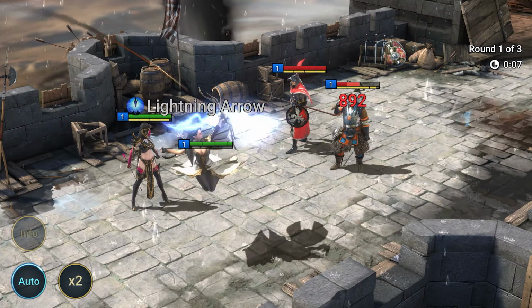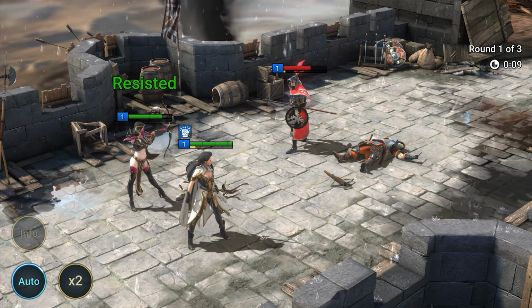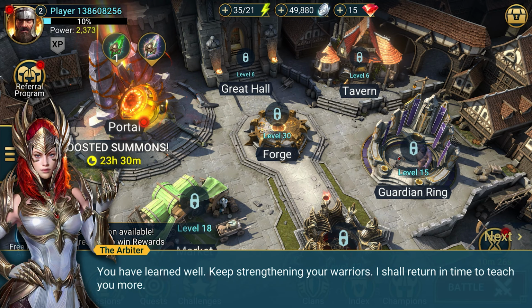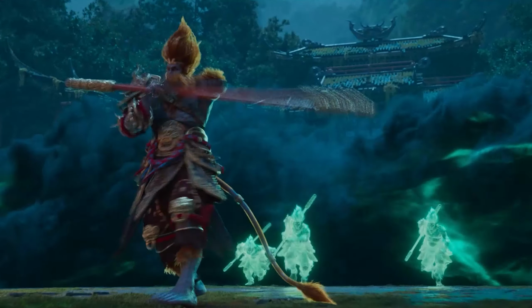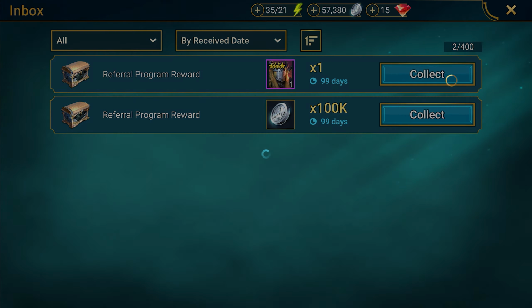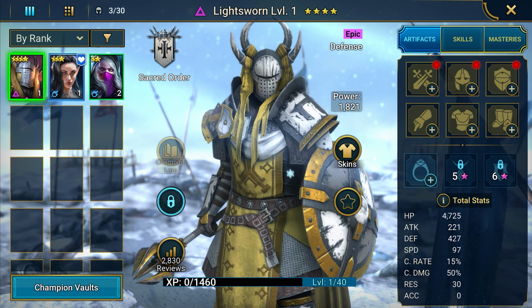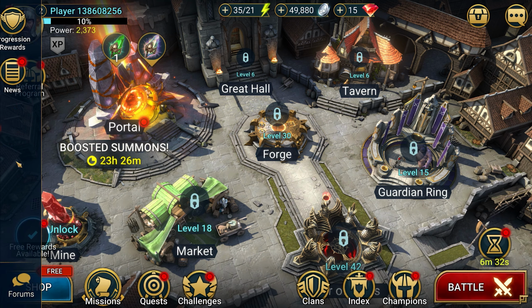The tutorial continues, teaching you how to fight enemies, equip characters, and enhance gear. After this, you're on your own. But don't worry, I'll guide you through the next steps. As I mentioned before, grab Lightsworn and bonuses from your in-game mailbox. I recommend getting another epic champion by entering the promo code